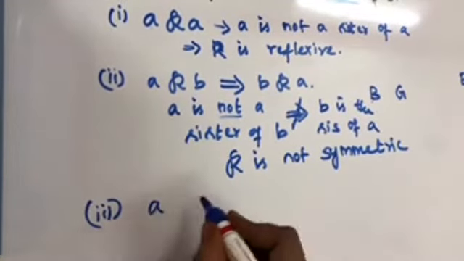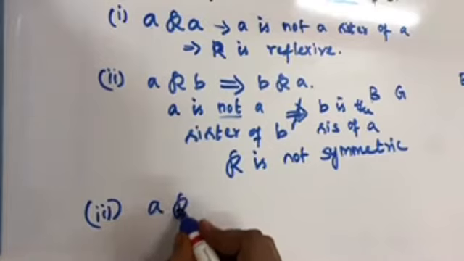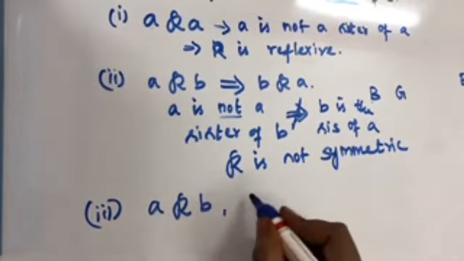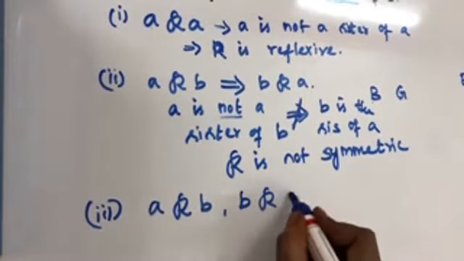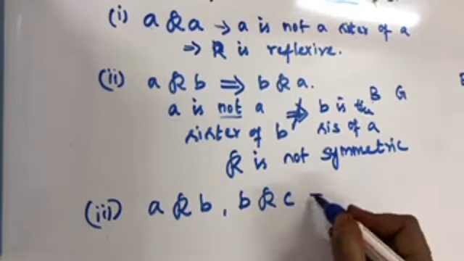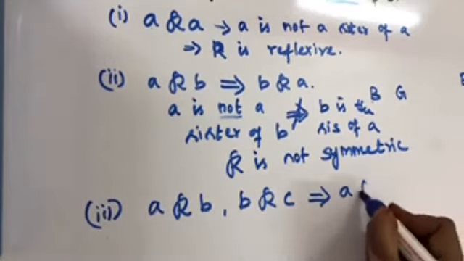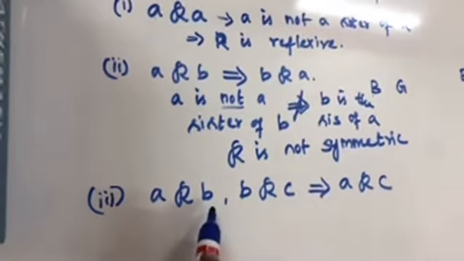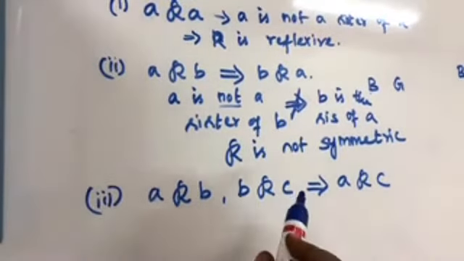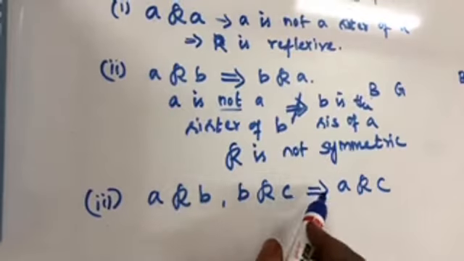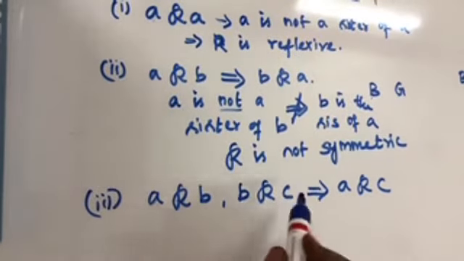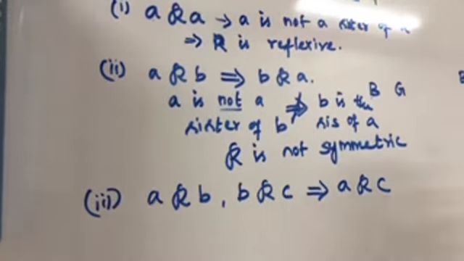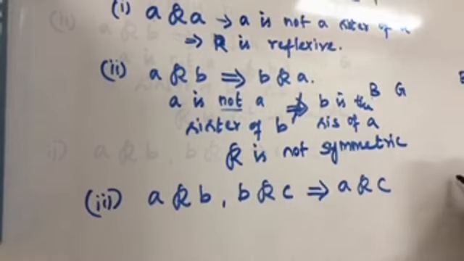Third condition, A is related to B and B may be related to C. Is it possible A is related to C? That means A is not the sister of B and B is not the sister of C. Does it imply A is not the sister of C? Okay. So,